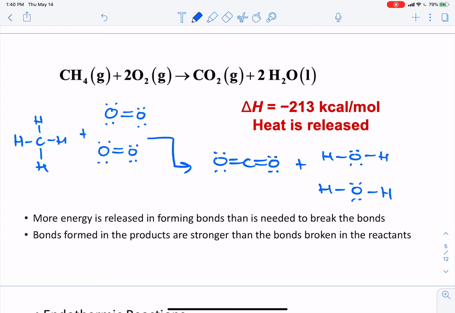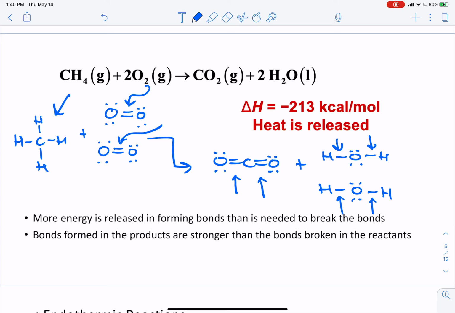So we have to break 4 carbon-hydrogen bonds from the methane, and we have to break 2 oxygen-oxygen double bonds. Now, I'm not going to give you guys a chart and provide you with all the values and have you add those up. That is something that you'll do in 1A if you go on to 1A. But just know that we have to break those bonds. And then what we have to do is we have to make a couple of carbon-oxygen double bonds, and we have to make 4